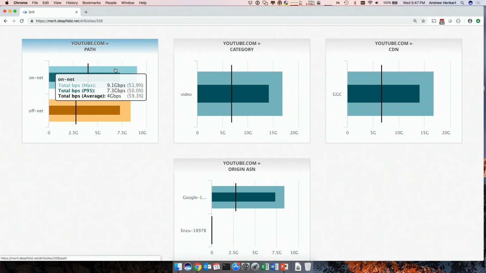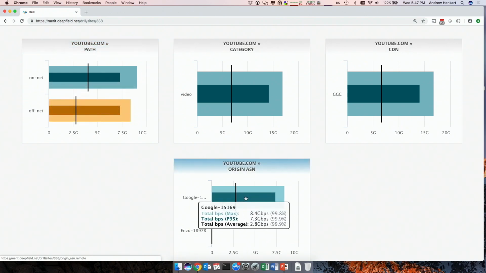So the traffic that's not originated there, we can see there's 8.4 gigs of traffic that's coming from some ASN outside the network that's coming into the network. So here I can see that 99.8% of the off-net traffic is being originated by origin ASN 15169, which